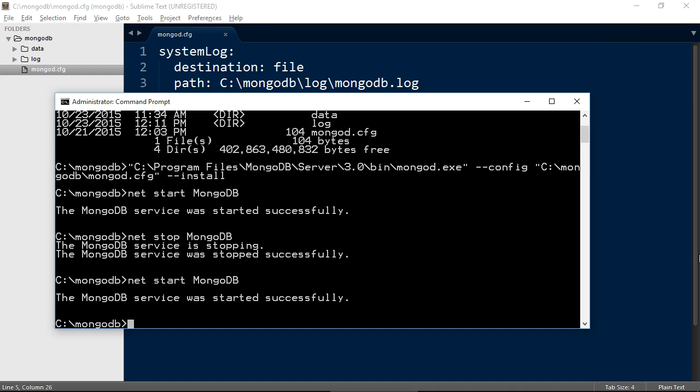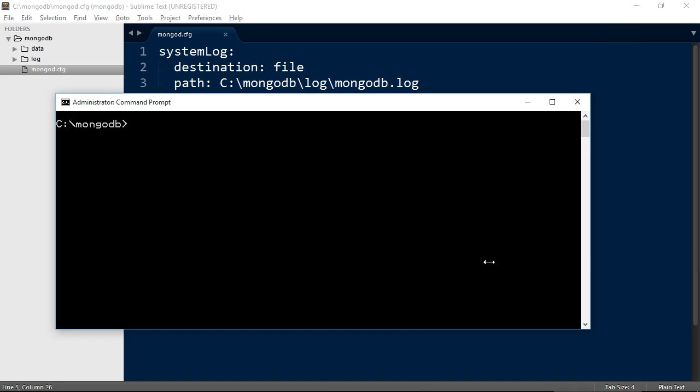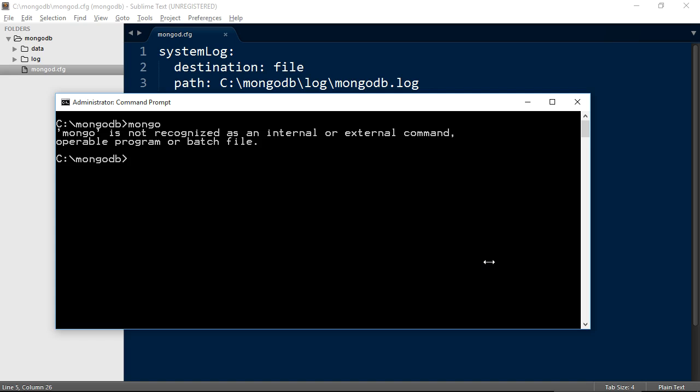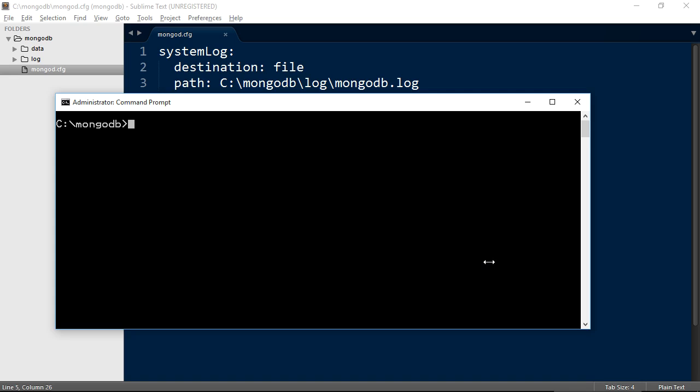Now, you can interact with MongoDB using Node.js or other programming platforms and languages, but MongoDB itself comes with an interactive tool called Mongo Shell, which provides a command line interface to play around with databases. This tool is invoked by typing Mongo on the prompt. At this stage, if you try doing this, you're likely to get this error. This just means that our MongoDB's bin folder, which contains the Mongo executable, is not available in our system's path